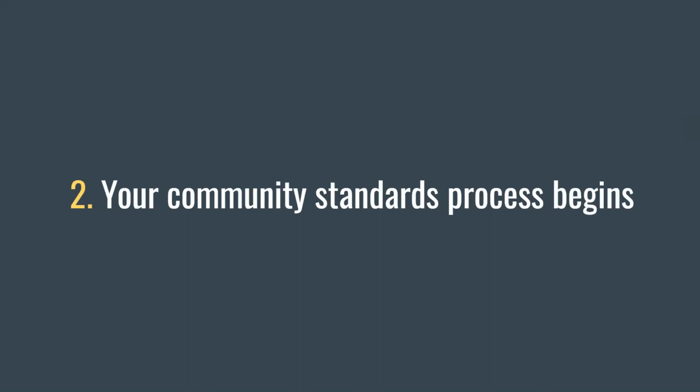After that, your community standards process begins. There are some steps where you have some choices that you'll see throughout the process. You're going to attend an information session, review your rights and responsibilities, and select an advisor. This is different from your academic or career advisor. There are specific community standards advisors that you can choose from, or choose someone else that you trust from the university. You can request disability or medically related accommodations or request a language interpreter.